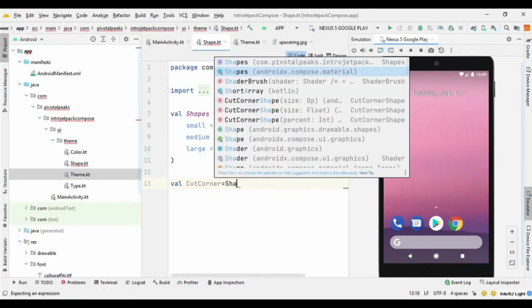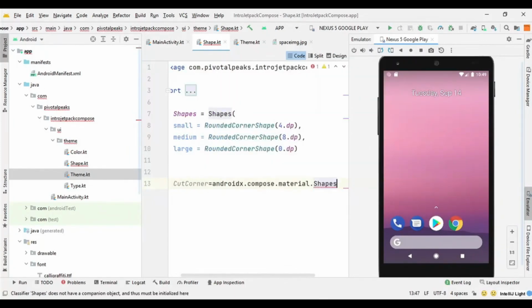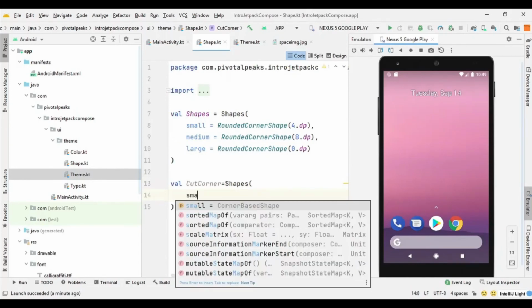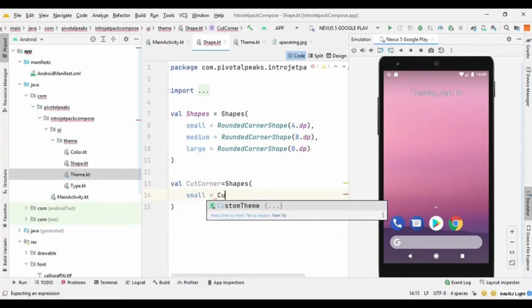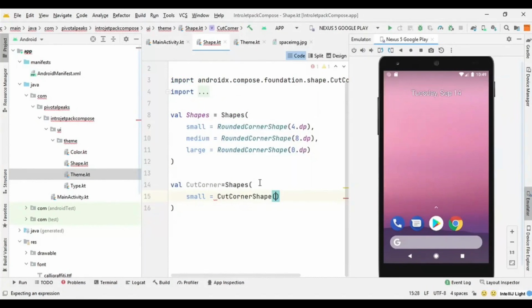We need to select the second one, androidx.compose.material, and I can get rid of this because it has already been imported. And here I can say small, and here I will say CutCornerShape.